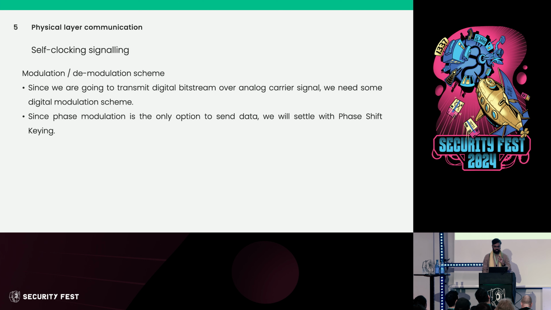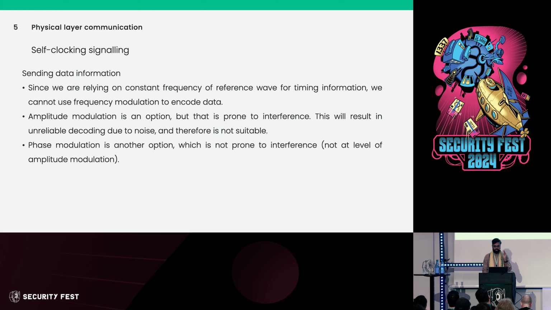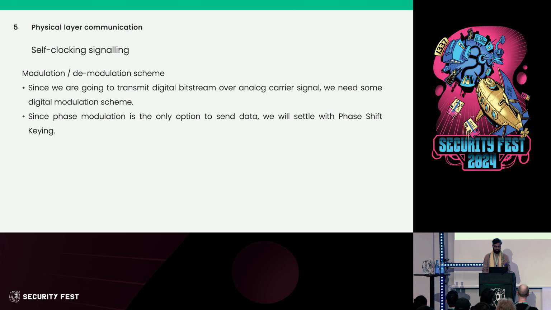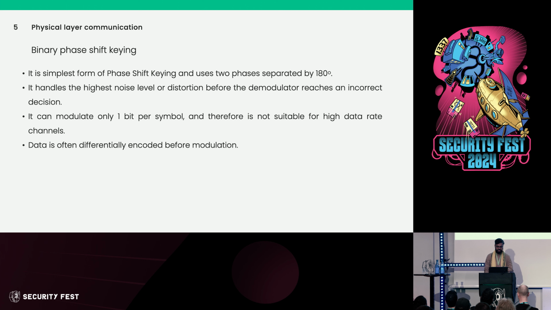Now, we are not really going to do amplitude modulation because the signal quality becomes really bad, which you will know if you have ever tried to listen to an amplitude modulation radio over long distances. Voice starts crackling, right? So we can't really use that, which means we have to rely on phase modulation. And for phase modulation, there is one specific scheme that is used in too many places, called binary phase shift keying. If any of you are from an electronics and communication background, you probably studied this.